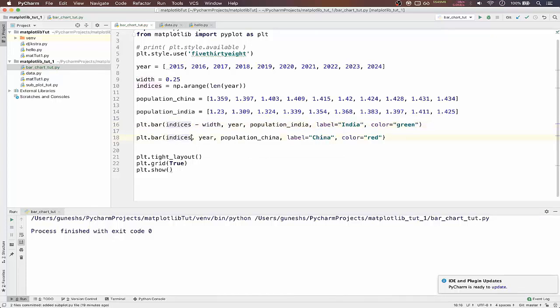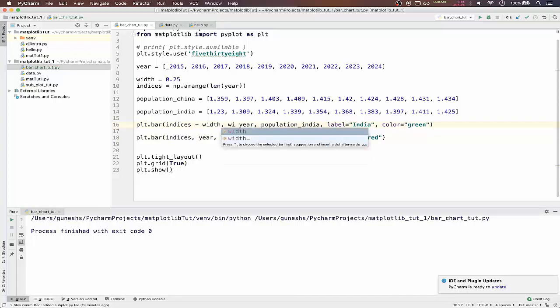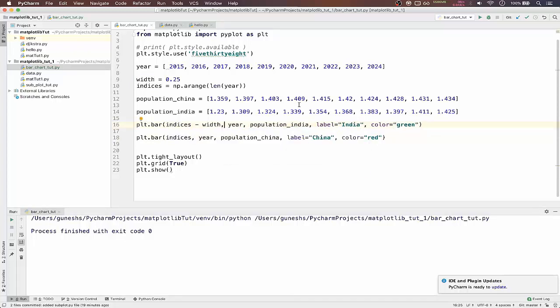For the second we'll keep it the same, and we'll pass width equal to width, so that the function will know that we have changed the width value,